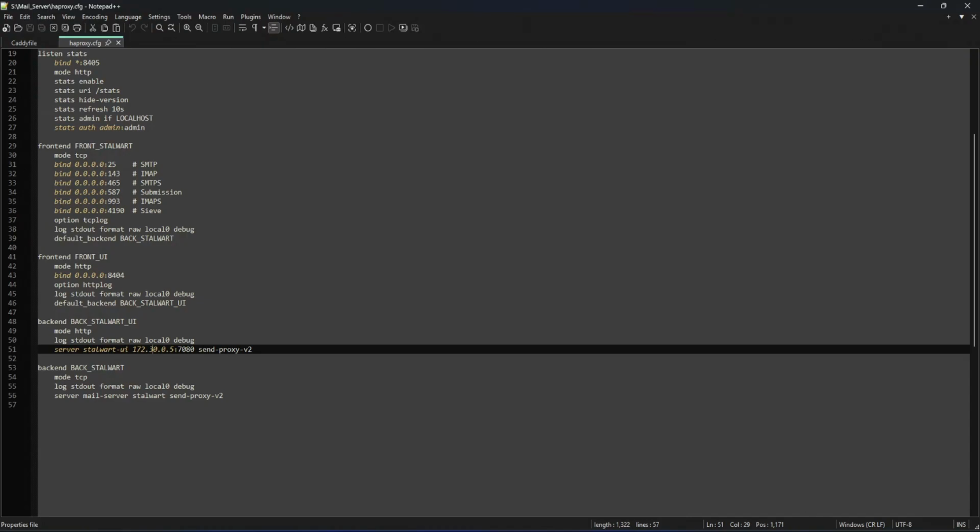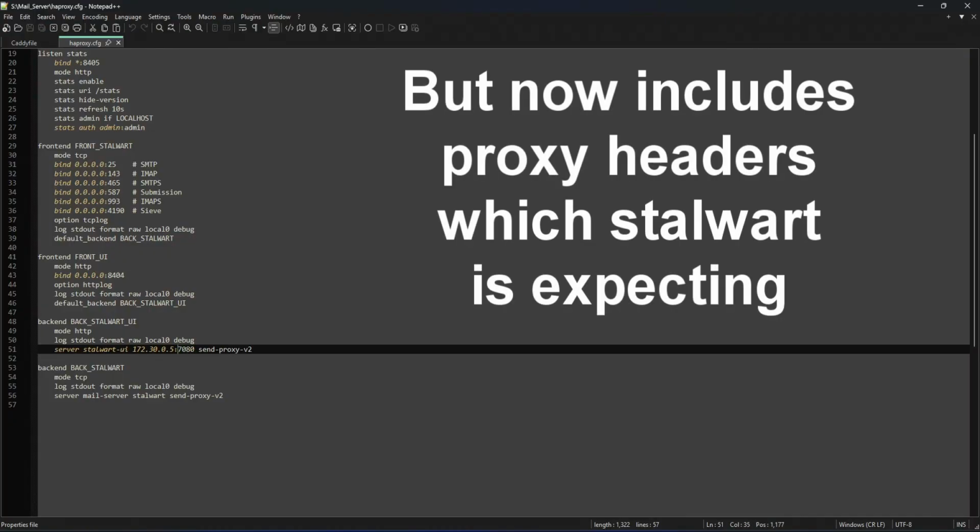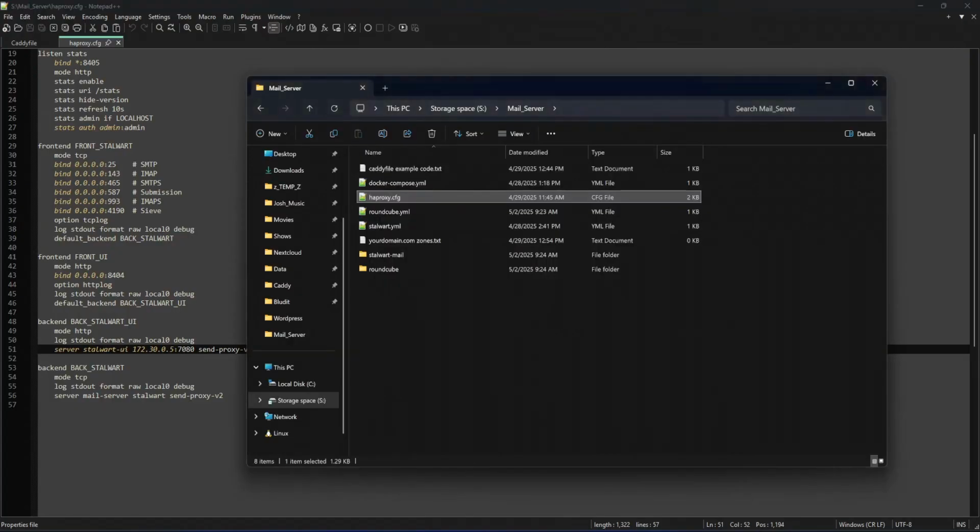And now once it detects a request from the front end, it's going to pass it to the back end, and it's now going to reroute it to port 7080, which will allow you to log into Stalwart's UI, which we have mapped to port 7080. Now, before all this is going to fully work, we do need to make a couple changes in Stalwart's TOML